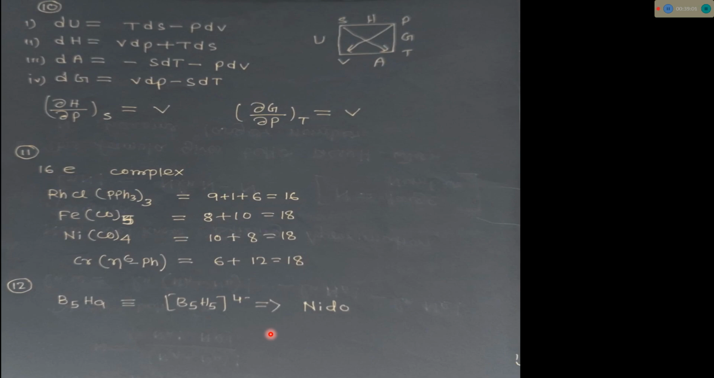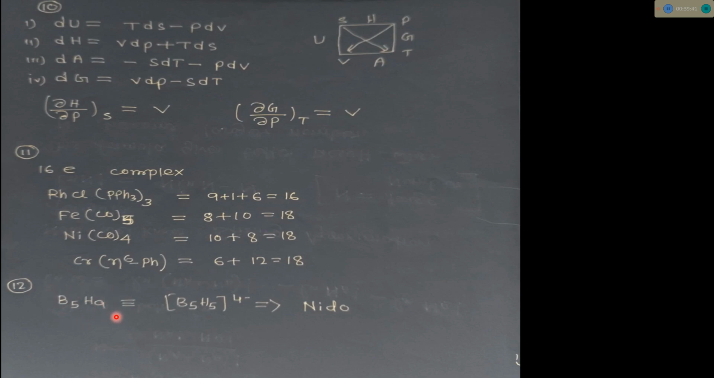The same question was asked in the first slot. B5H9. The question was: which cluster does B5H8 minus belong to: nido, closo or arachno? That was also nido. B5H8 minus means B5H5. If we remove 3 hydrogen from H8, then it becomes B5H5, 1 minus was there, and since we remove 3 hydrogen, we have to put 3 negative charge, so B5H5 4 minus